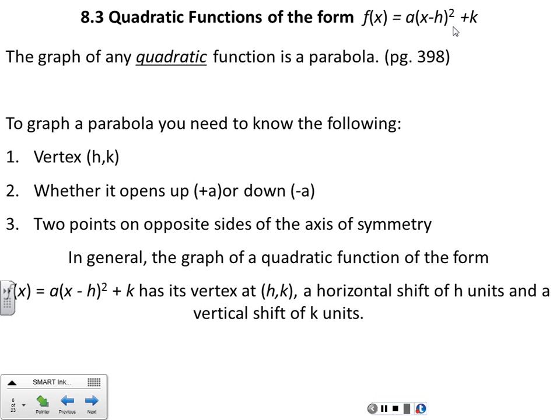I'm not sure if that page number is correct because we've got new books. Obviously not. 421. So if you look on page 421,